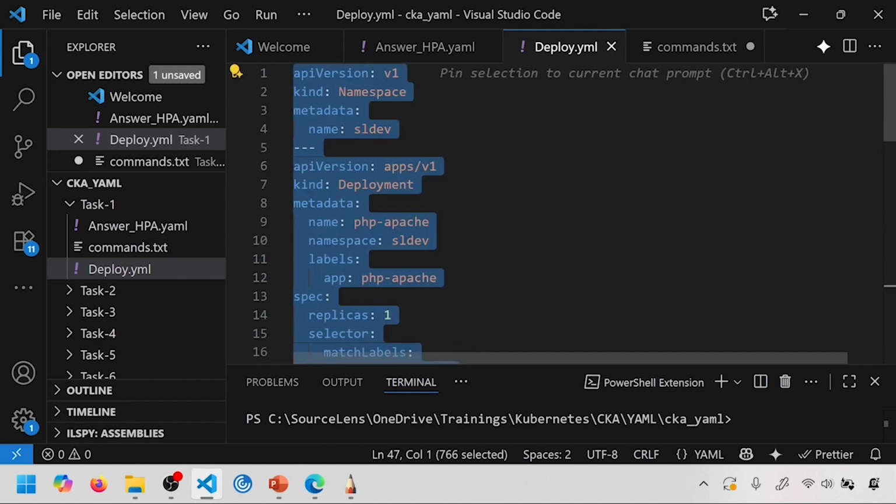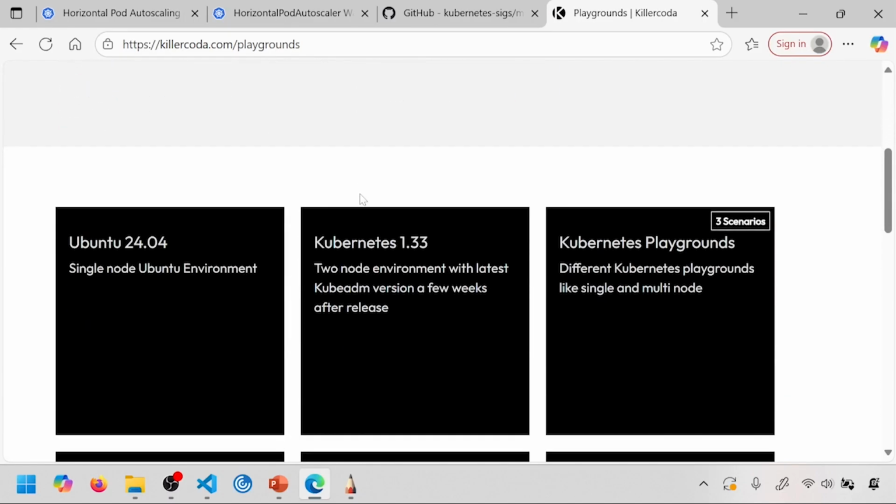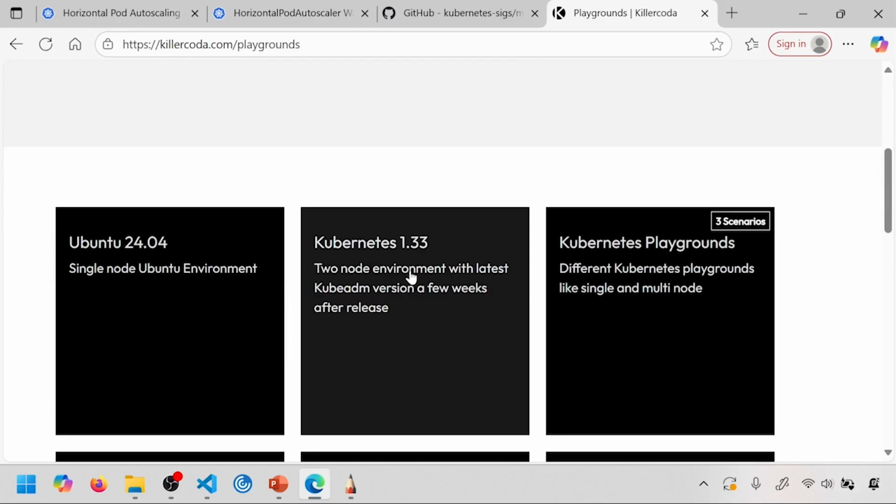I'm going to copy and paste. So I'm going to use Killer Coda Playgrounds. It's very useful for testing this. There is a paid version of it. I'll be using the free version of it. I really recommend, if you're really into testing things, you can purchase the Killer Coda Playground. I have no association with Killer Coda or Killer Coda Playground. It's just that it's good,